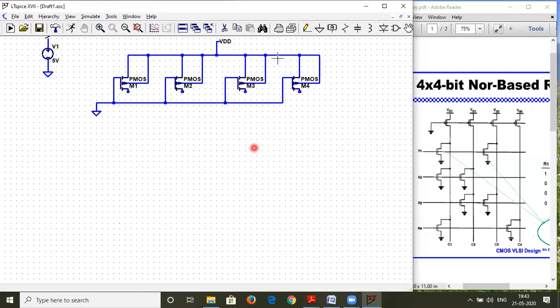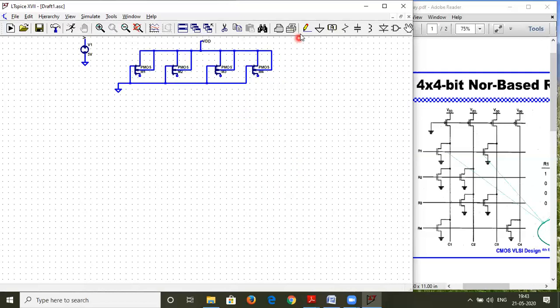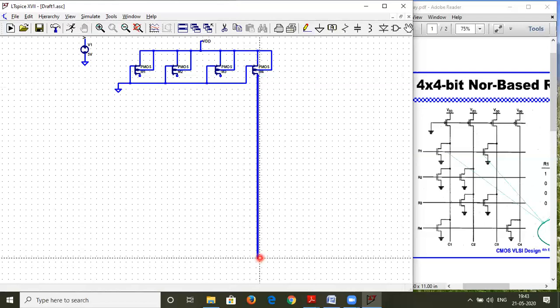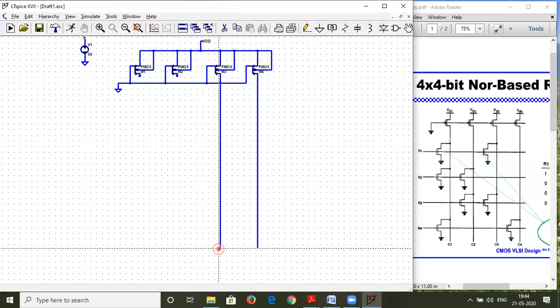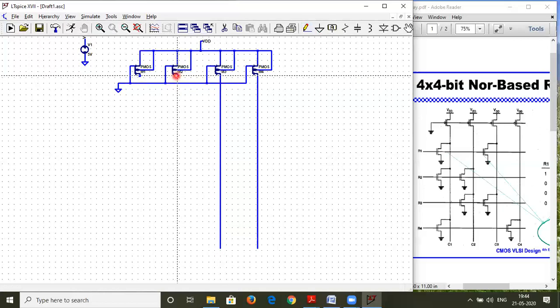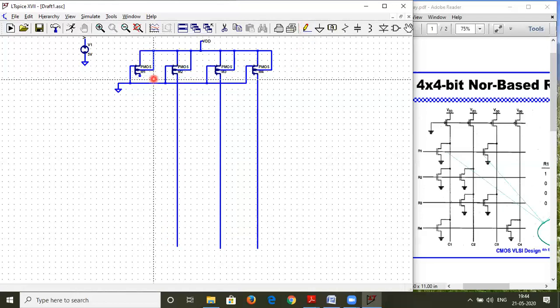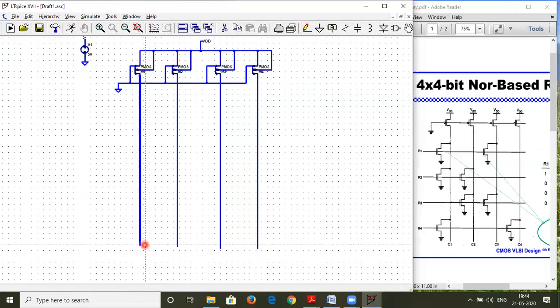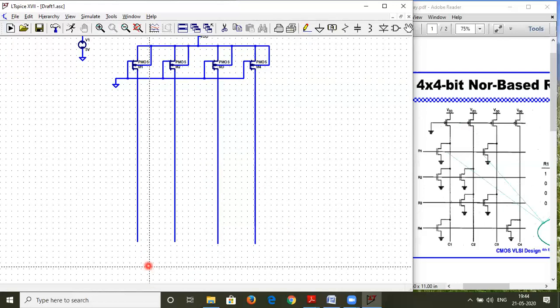Now for the lower connections, I have to extend this with a wire. So I'll take a wire and extend parallelly down. How long we have to go down, we will see shortly when we do the connection. But right now we'll do this and keep it so that the circuit design is looking familiar as we have seen on the right hand side of the screen and given in the PDF. So we'll drag this line and keep it ready for usage. Okay, so it looks fine and we will label it later.